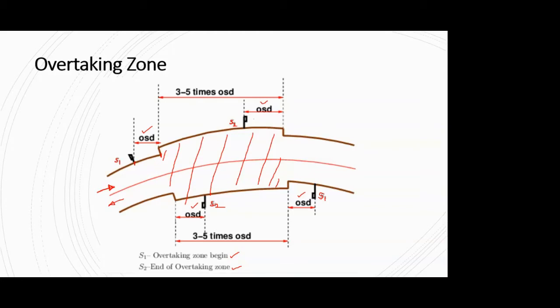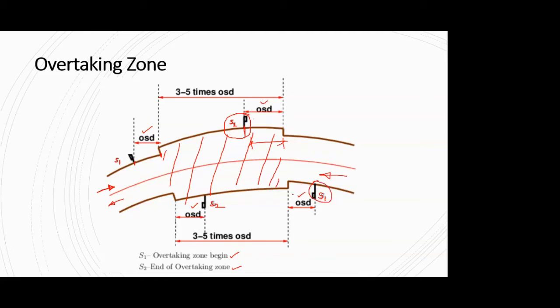And for this right side direction, it will end at this location. So S2, this signpost, will say that the overtaking zone has ended for the right side. You see, then too there is a distance for which you have the same width or greater width. That is because there is left side traffic as well on this road. So for this left side traffic, the starting point of the overtaking zone will be this S1. That's why you have 2 values of S1.